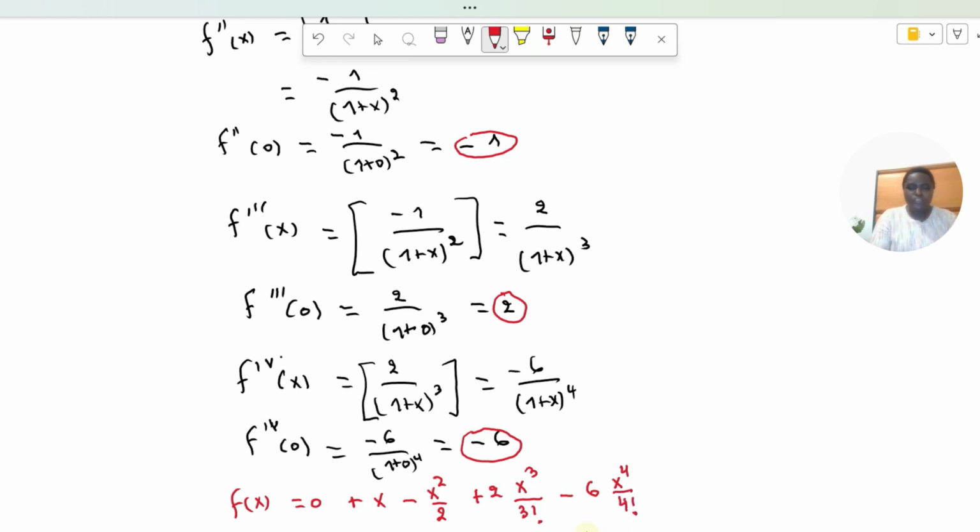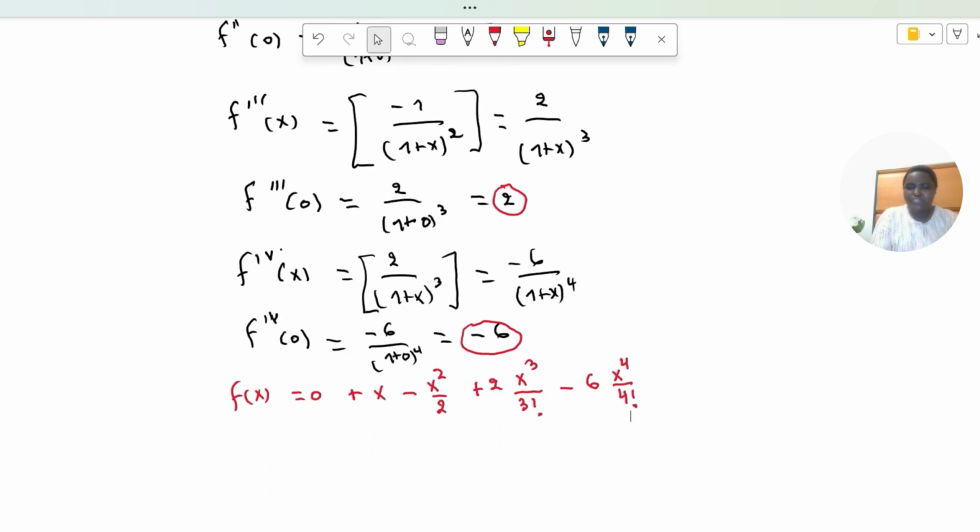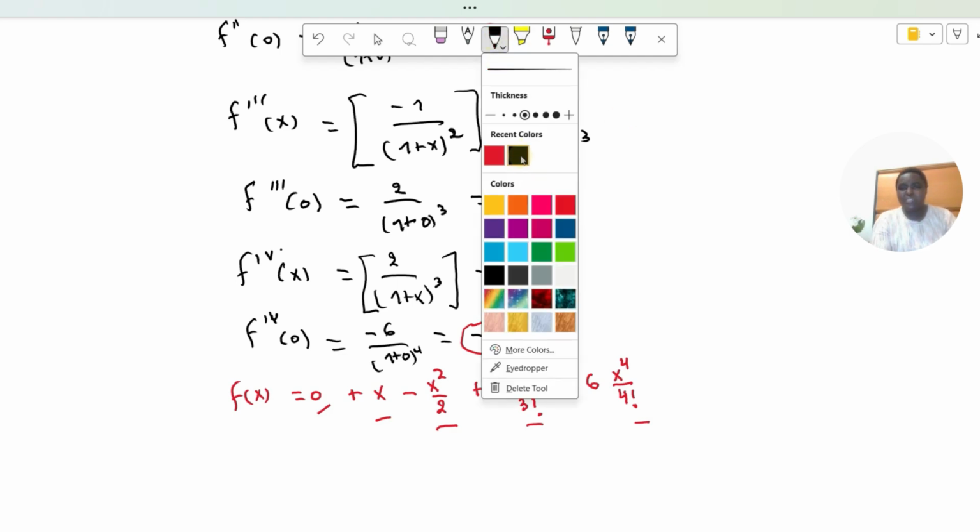So this is the fourth term, the fourth non-zero term, because the first term is 0 here. Then the first non-zero is this one, the second, the third, and the fourth. So if I remove these factorials, what am I going to get? The final Taylor expression will be,